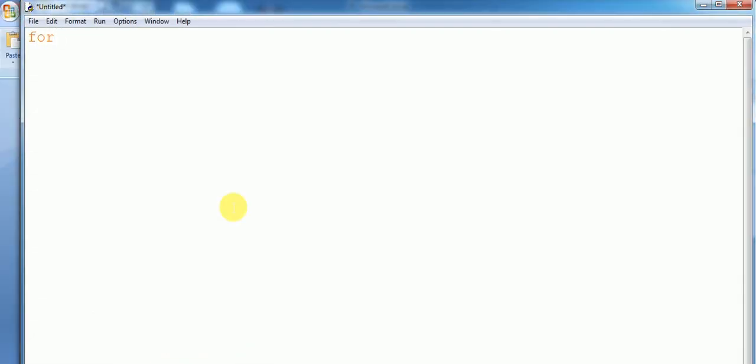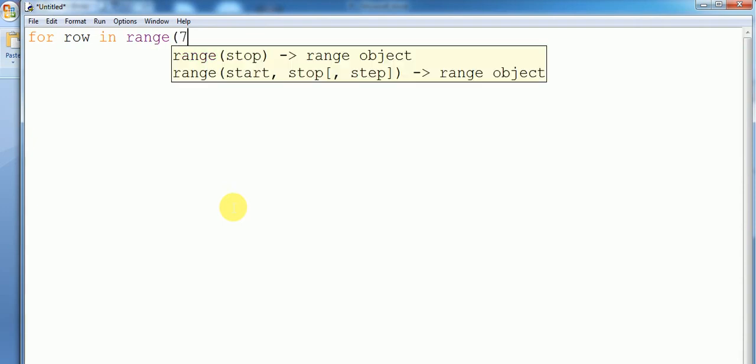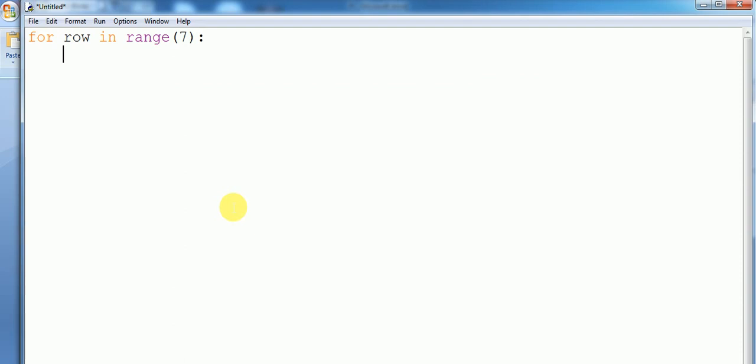Okay, for row in range of 7 and for column in range of 5. Okay, so if some condition, then we want to